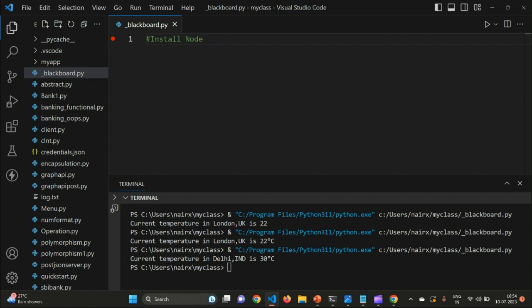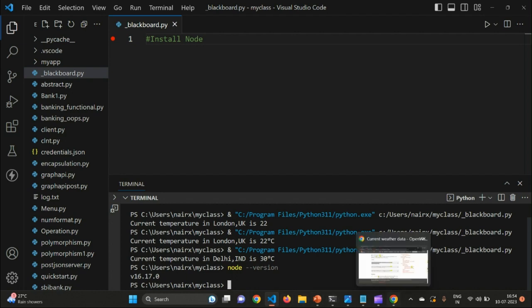So Node.js is providing us a feature to do that. So you can go to this CMD and check if Node is already installed or not. You can type node --version. If Node is already there in your computer, it is going to show you some version, 16 point or 18 or 20 or something like that. Okay. If it is not installed, then you need to go to